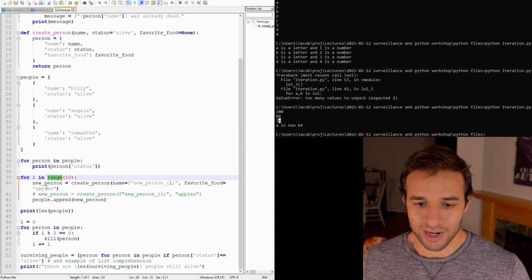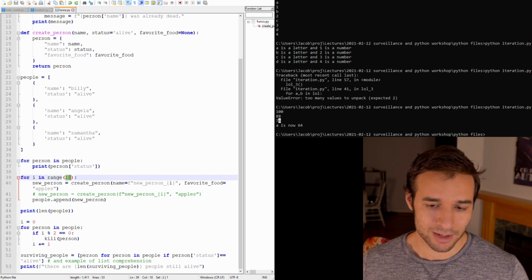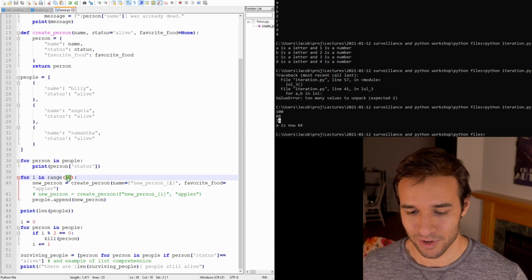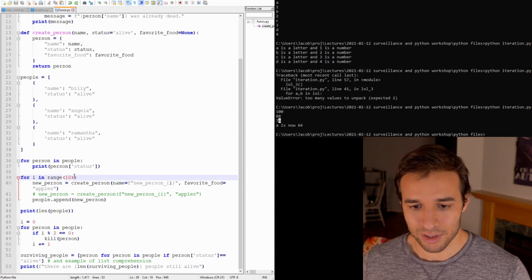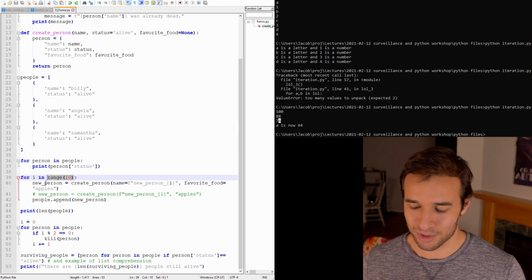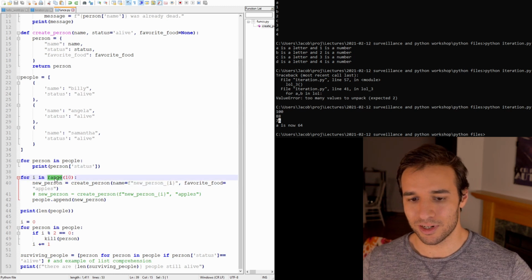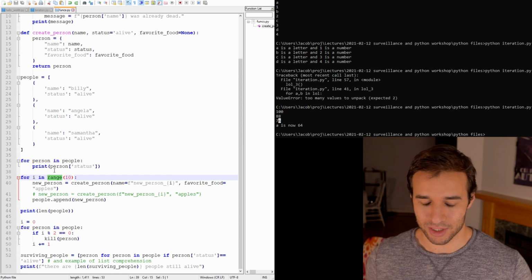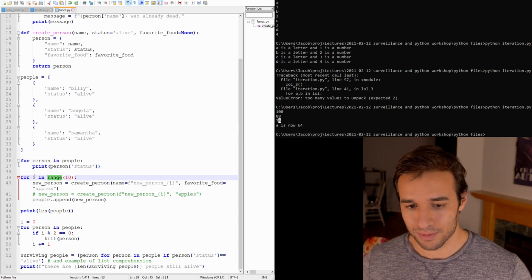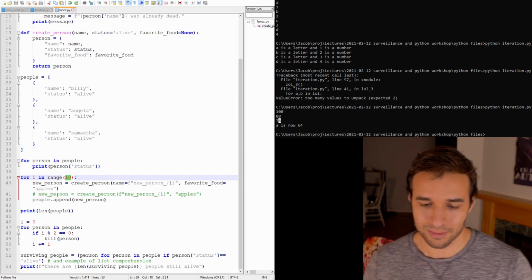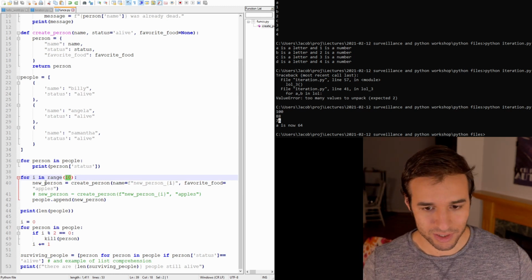So range is a built-in function in Python. And it takes 1 argument. Maybe there's optional arguments, but if you just provide 1 argument, it's going to return a list of that length. Or I don't think it's quite a list, but it's some type of object that's similar to a list. It's basically going to return a thing that has 10 elements. So if I want to do something 10 times, or 100 times, you say for any variable in range, and then the number of iterations you want to do, that's a way you can do that. So in this case,